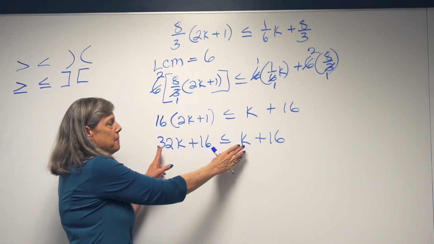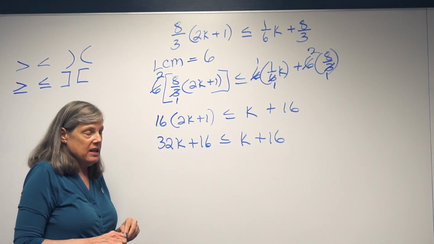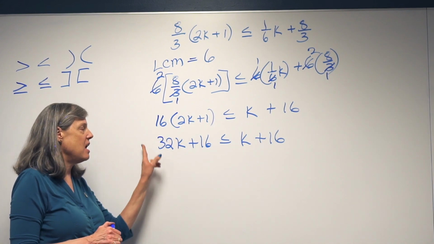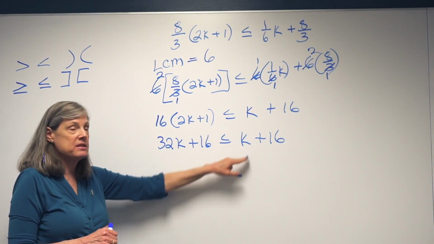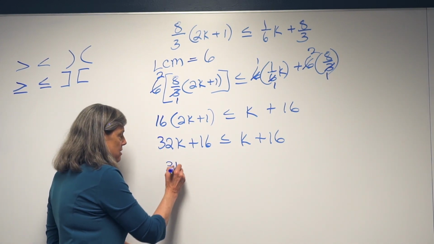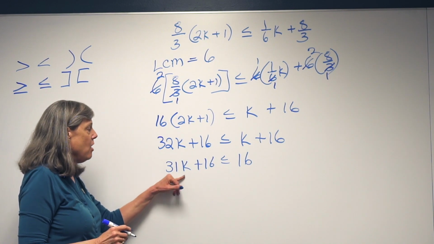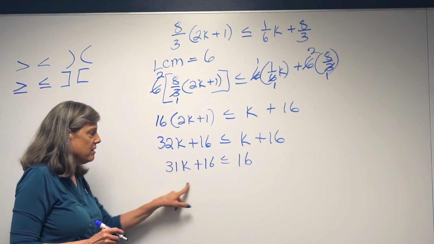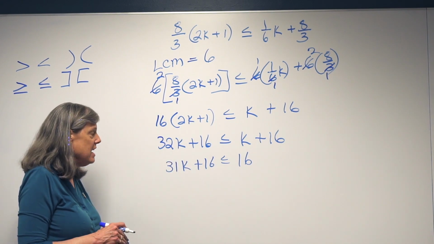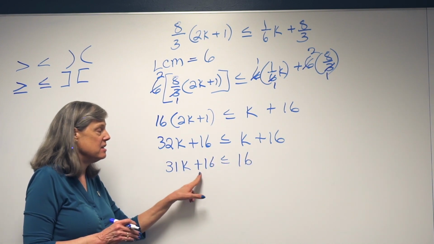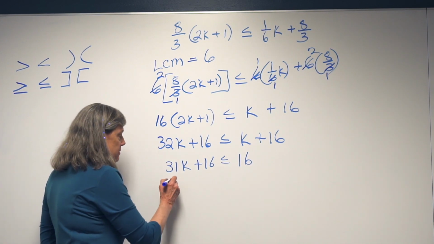Next step, get all of my variable terms on the same side of the sign. Keep them positive if possible. So this time we want to put it on the left side. So when this goes across the equal sign, it becomes negative. Well, 32 minus 1 is 31. Now, we need to get our variable term by itself. So I need to get rid of him. He needs to go over on the other side. What happens when he goes to the other side? His sign changes, and these are gone. 16 minus 16,